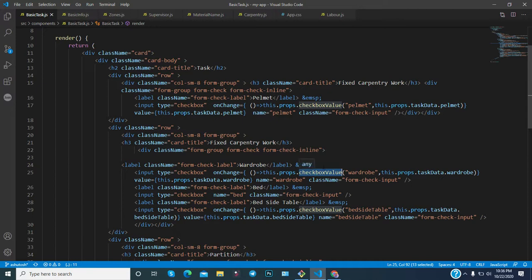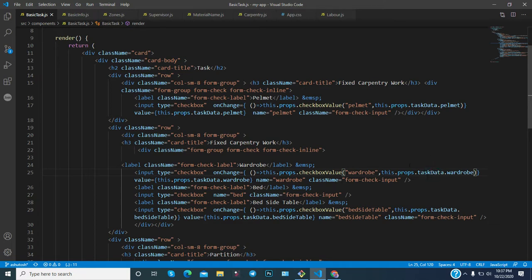This method takes some parameters. One parameter is the name, meaning the value you want to update, and it should be the same as the name. Another parameter is the data, whatever initial data it has, whether true or false, whatever the latest data is.